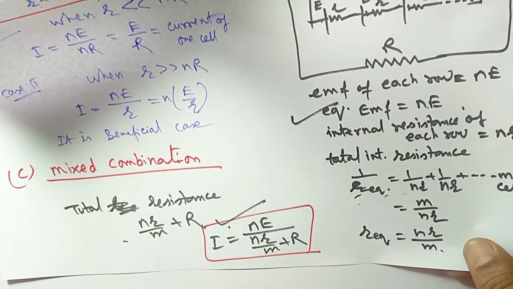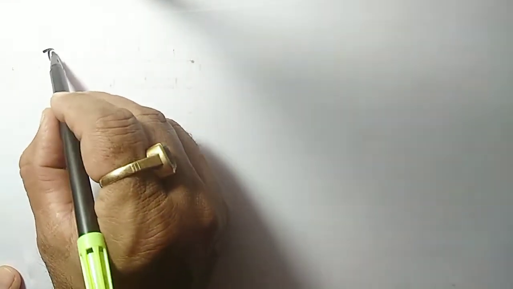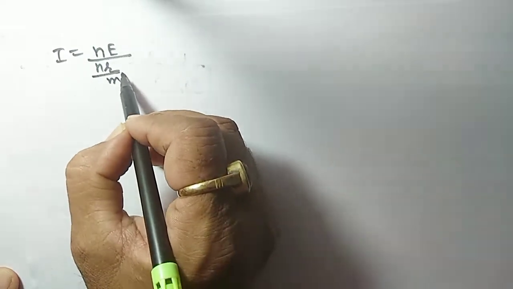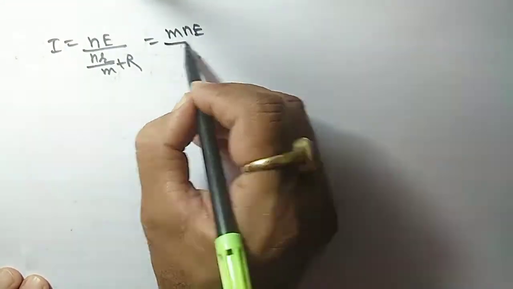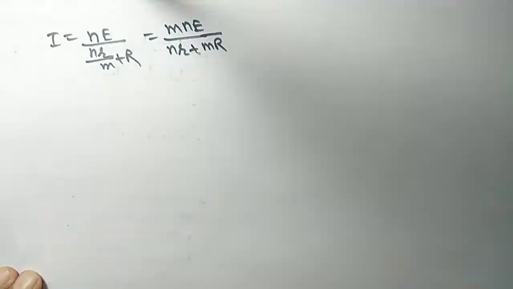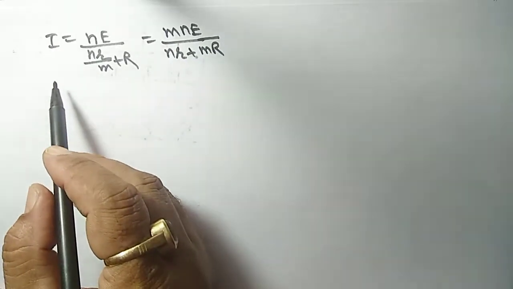Now let me take the case to get the maximum current. So I is equal to nE upon nr upon m plus R. We can write it like this also: it is equal to mnE upon nr plus mR. Now what is our aim, what is our target? To get the maximum current. So maximum current is possible